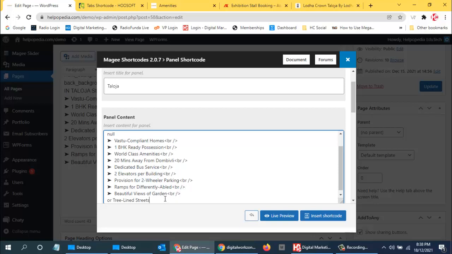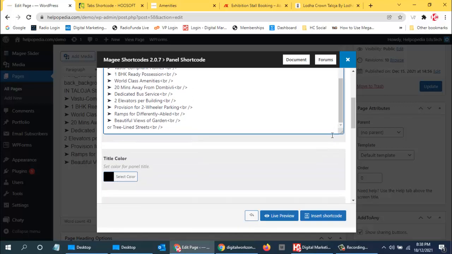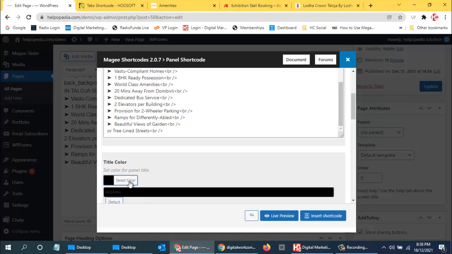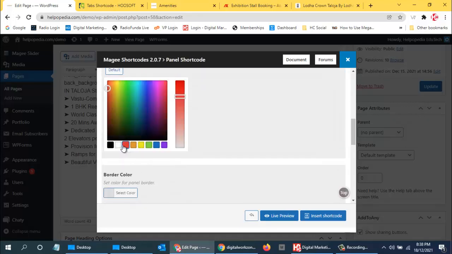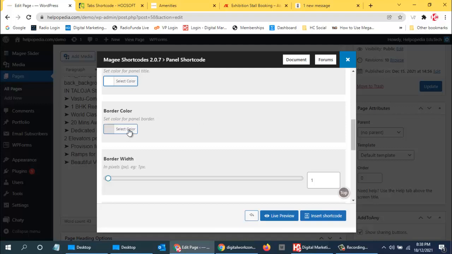So like this it will come up, and then this was the first. Then you can use the title color. Title color, you can use whatever color you want. You can put it white. So we use white color, and the background color of the panel we will use red, like you saw on my website.